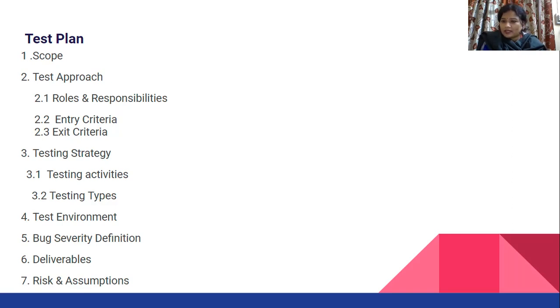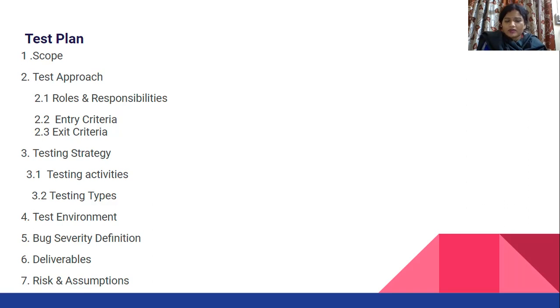We can test for different operating systems like Android, Windows, Mac, etc. And we can test for different mobile browsers like UC Browser, Mozilla, and Safari, etc. And we can test for different mobile devices like Motorola, Vivo, Oppo, iPhone, Android phones, etc. All these things are defined inside the test environment.